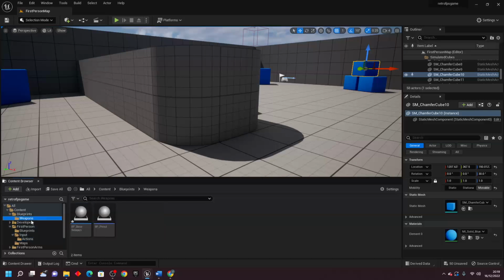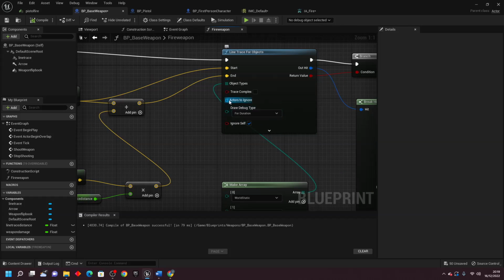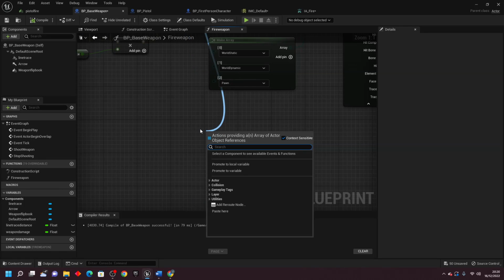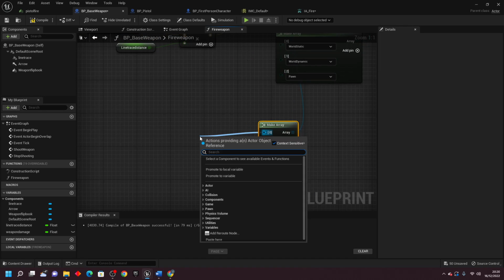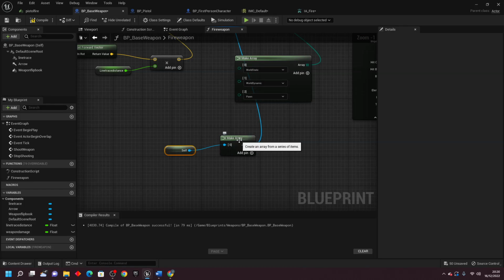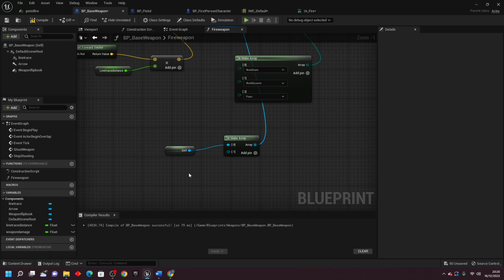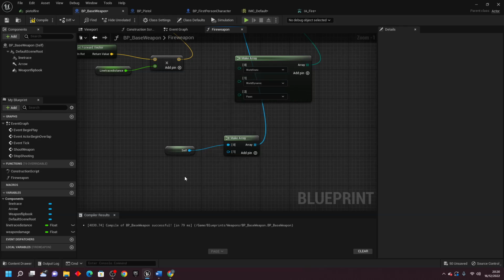We can go over to our BP base weapon and go over to the fire weapon. And here we have actors to ignore. Here under actors to ignore, just drag off here and look for make array. And for this first one, just drag off here and look for self. This will make it so that it will ignore itself if it accidentally hits itself in the line trace. The second actor that we want to ignore is the player character, as they're going to be holding the weapon. So if we just right click and look for get player character and connect this into here,